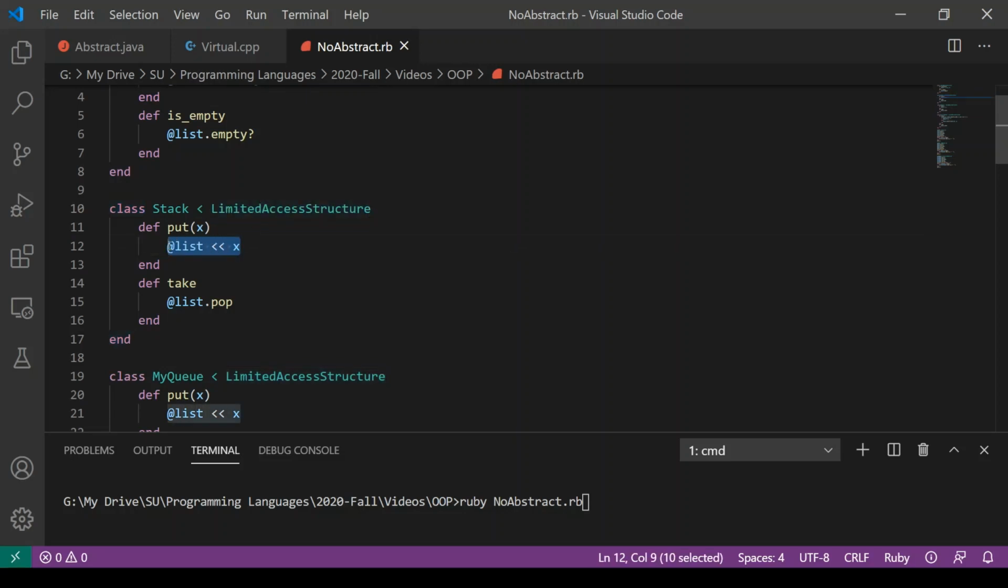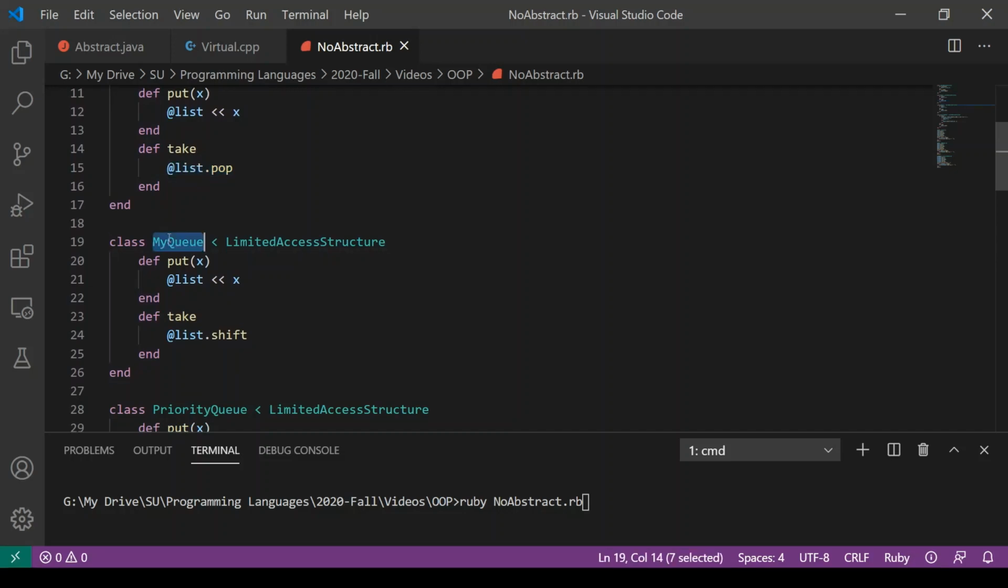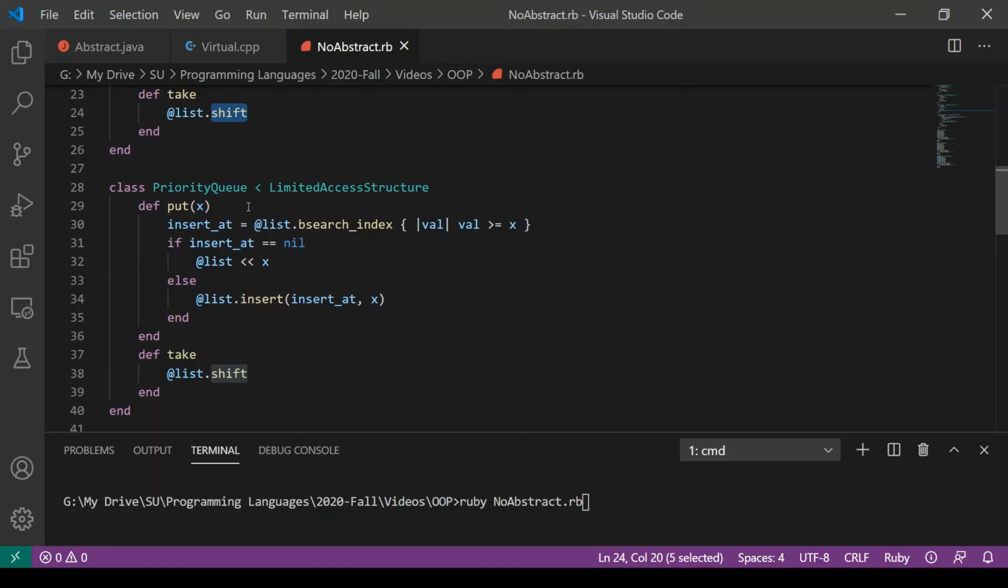puts X at the end of the list, and whose take method pops an element from the end. For the queue, I name the class myQueue to avoid a name conflict with Ruby's built-in queue class, but the version of the class I define still extends my limited access structure. I still put elements at the end, but now to take elements off of the front, I use the shift method. Then we have the priority queue, which takes advantage of the built-in binary search capability of Ruby's lists to